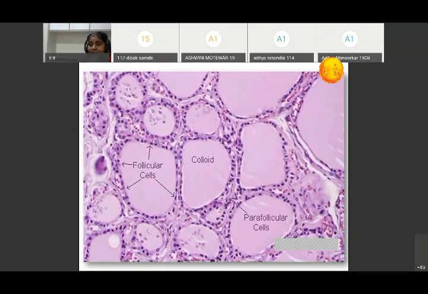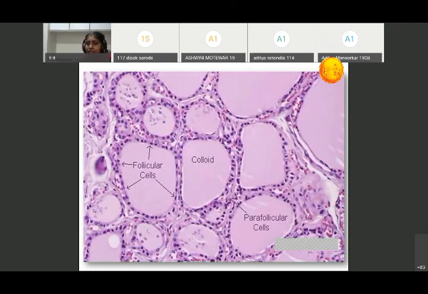Listen, the thyroid hormone is the only hormone which can be stored from 4 months up to 7 months in the thyroglobulin. Please don't confuse that. Thyroglobulin is a colloidal material present in the center of the follicular cavity, and it contains T3 and T4. When cleavage occurs, pseudopodia-like structures form, a vesicle is formed, and only then does the thyroid hormone come into the bloodstream.